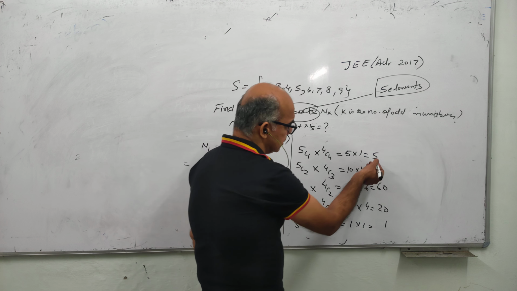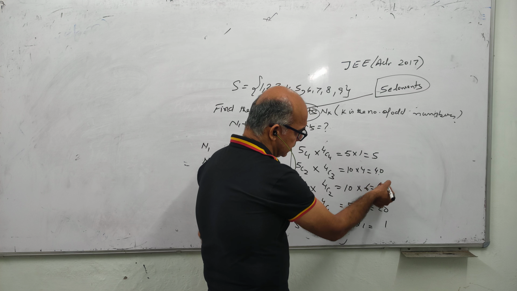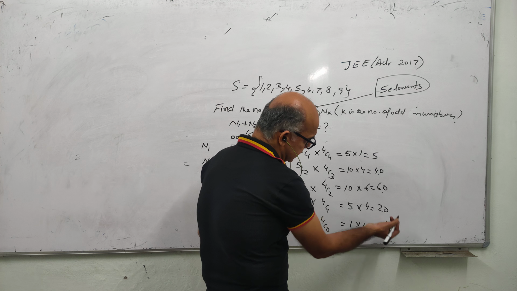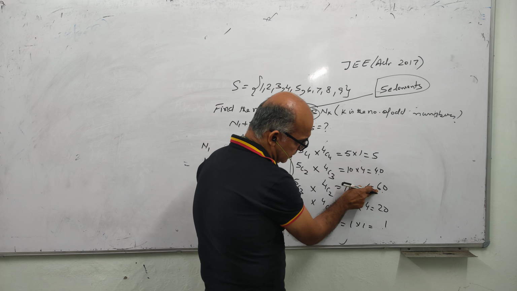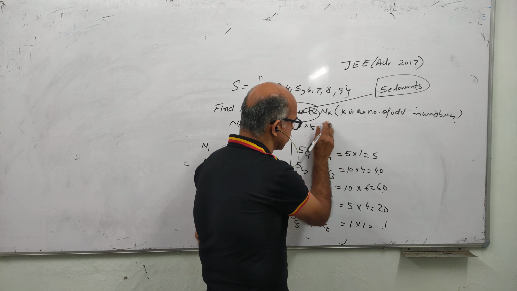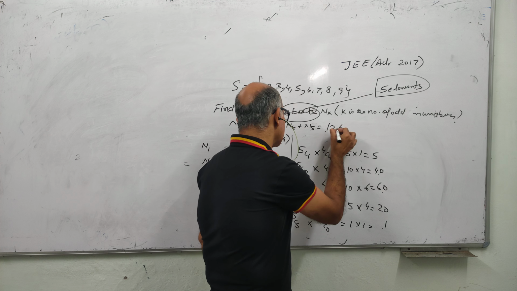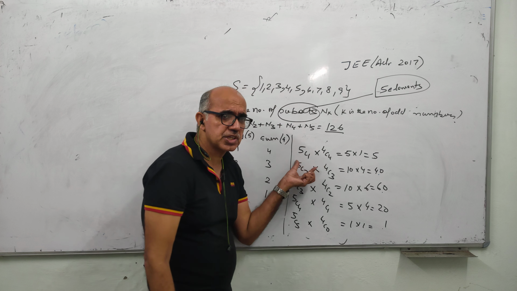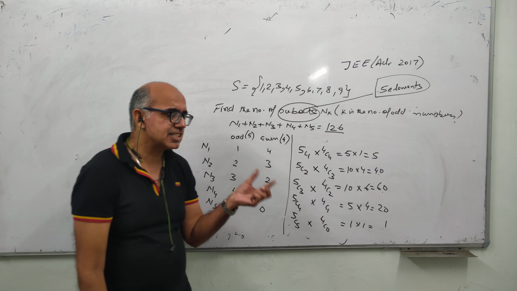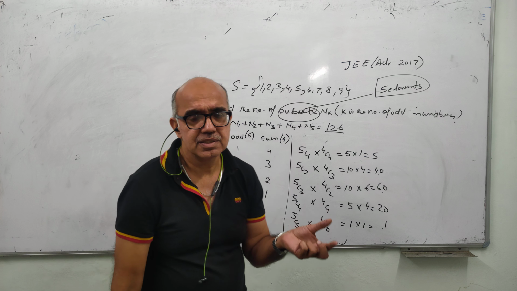That's the total number of N1 plus N2 plus N3 plus N4 plus N5. Just total it up. 5 plus 40, 45. 45 plus 60, 105. 105 plus 20, 125. 60 plus 40, 100. 100 plus 20, 120. 125 plus 1, 126. So 126 is the final answer. Look at the 2 questions we just discussed. They were not difficult. IIT is easy provided you study regularly. Thank you.